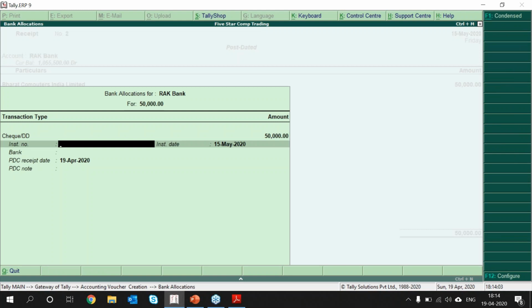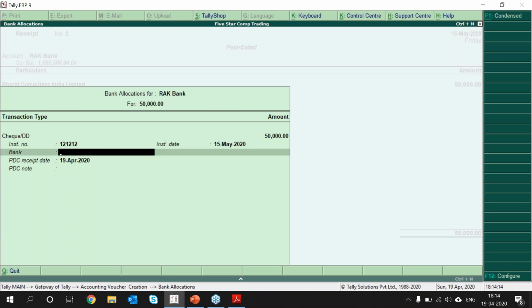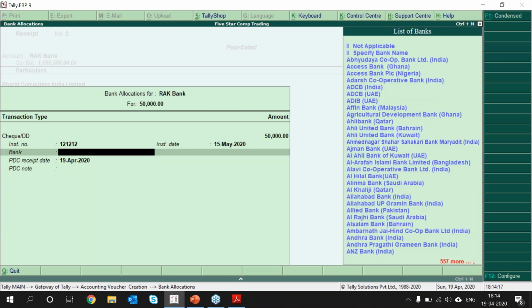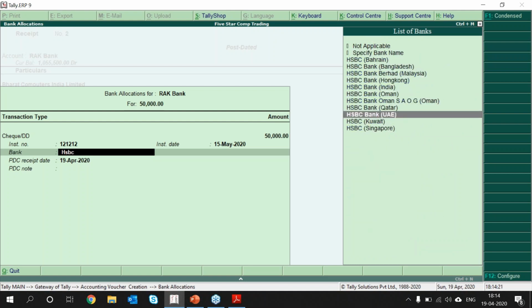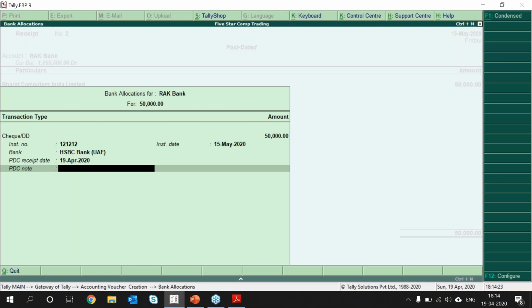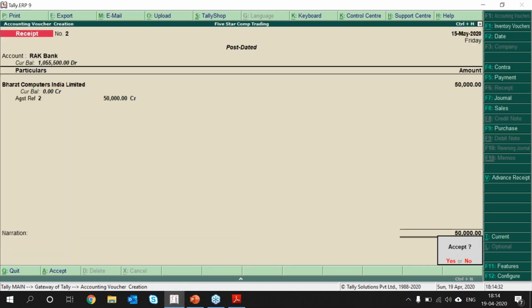Similar to how we provided for purchase, we will be providing for sales as well, for the receipt as well, similar to payment. We can select which bank check have they provided us. And you can save the transaction.